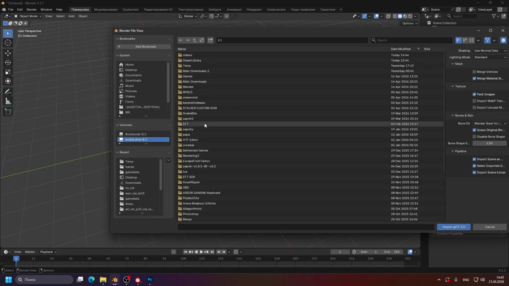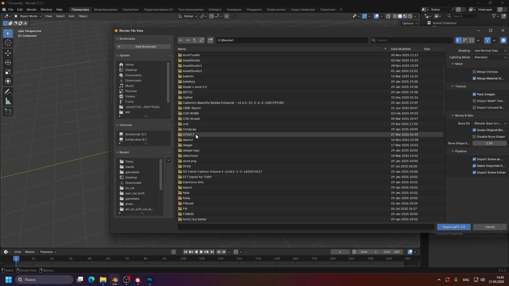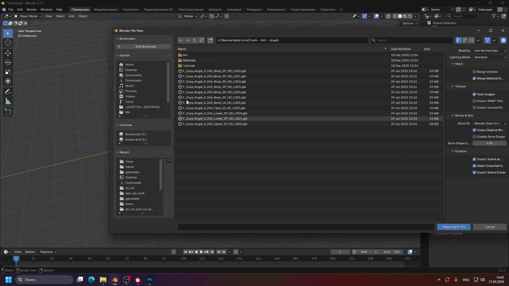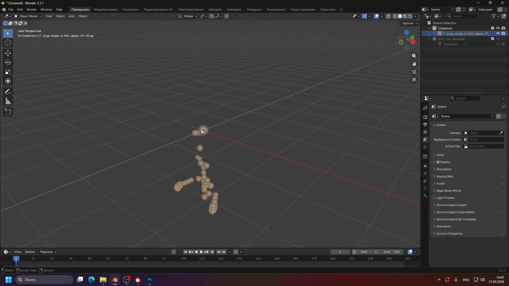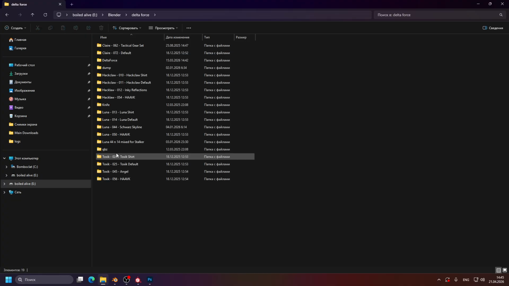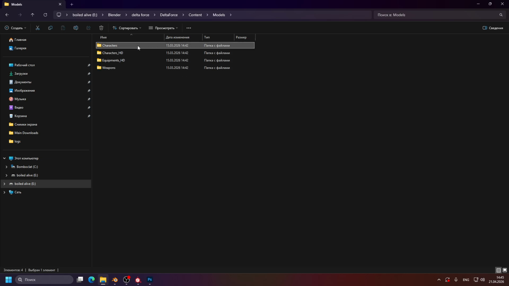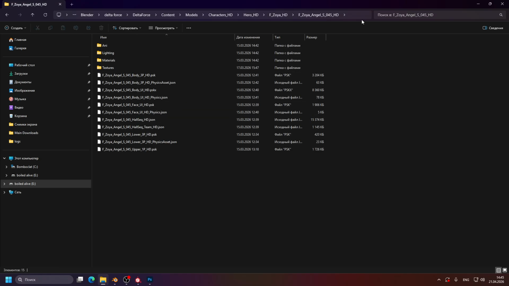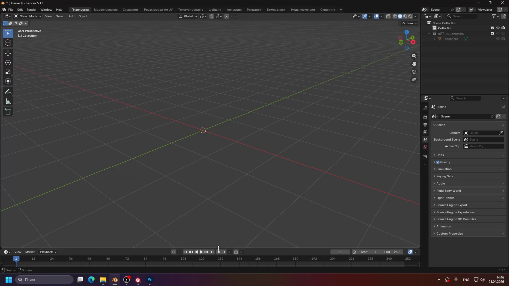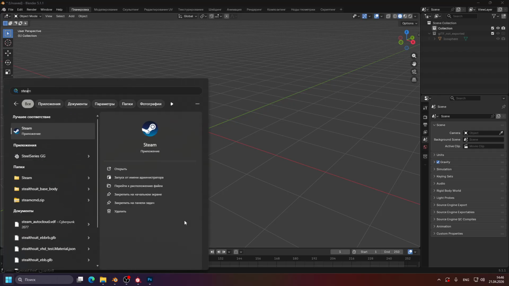I'll use Delta Force hands as an example. I guess this one. Okay, that's the proper one. Just finding myself. I think it's on here. Okay, there it is. There we go. And yes, I would recommend